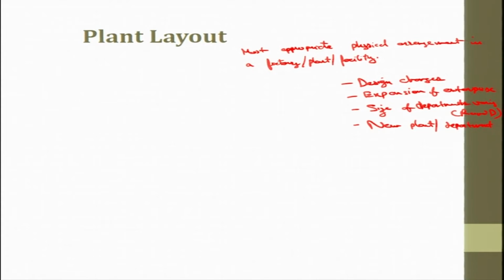So, the factors that influence plant layout, I will just put the factors influencing plant layout. What are the factors? The kind or the nature of the processes which you are working on. Are we going to do a mass production? Are we going to do just a batch production or just a job kind of production? Is it a fixed position production?